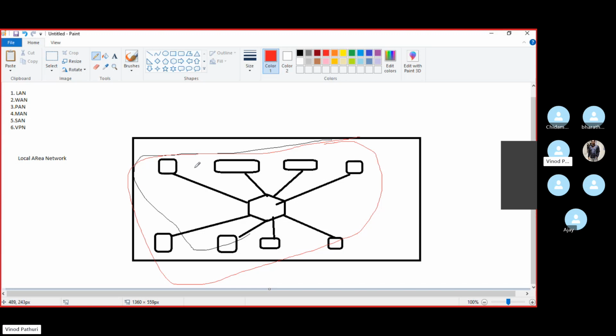In your house, you have a Wi-Fi router, and if you connect a LAN cable to that router, and you connect it to your laptop, and same way you have one more port and you connect it to another device, that is a LAN. So within a small geographical area, if you connect devices in a network, that is called a local area network. Usually you will see this kind of thing everywhere. Take any office, you have a Wi-Fi option and you have a LAN option.